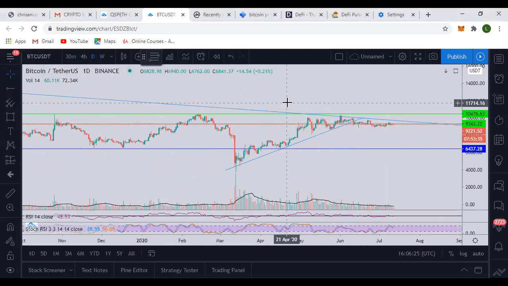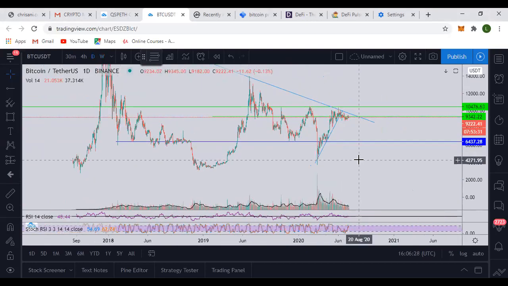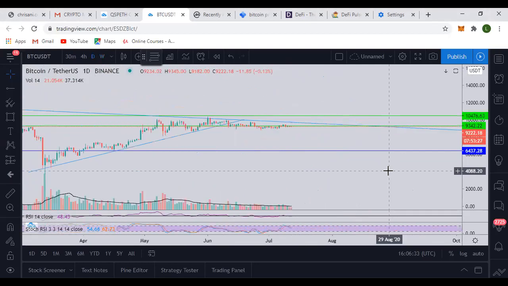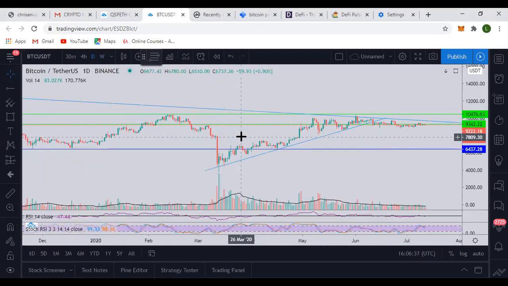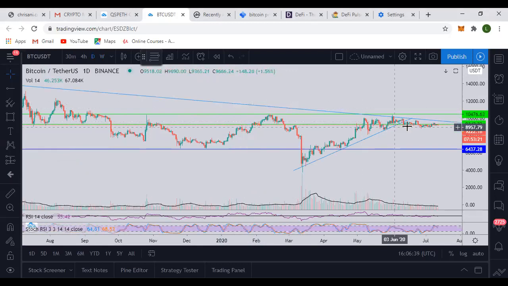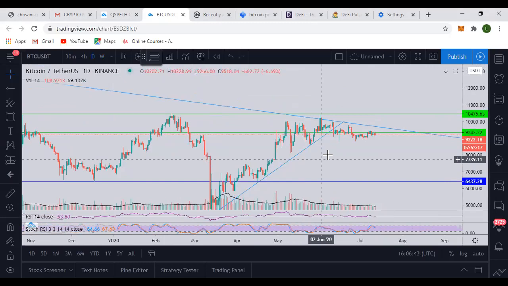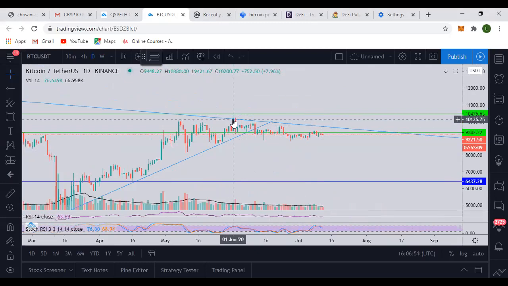Now, this is the daily. And on the daily, remember this is our monthly downtrend. Let me show you, I'm here. It's our monthly downtrend. And if you look at the daily, you will see that even on the daily itself, price has closed above the downtrend. But that was why I said if you want to make a decision, make your decision based on the weekly.